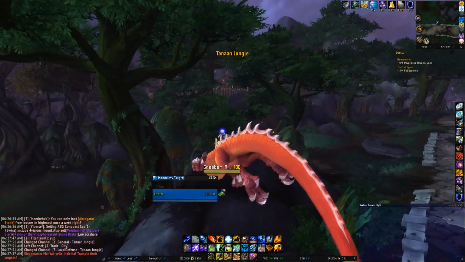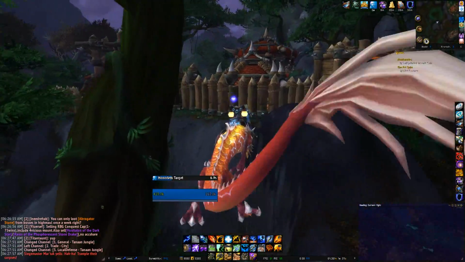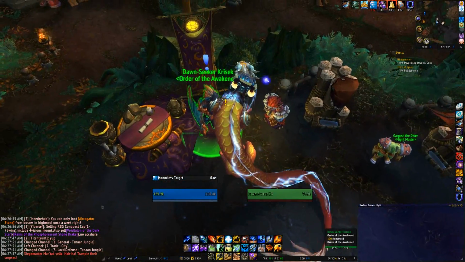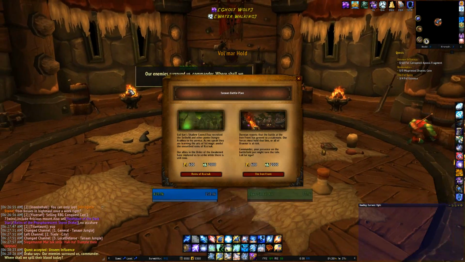First, I have to go to the base to pick up my dailies, and there I'll be finding a bunch of NPCs that will give me the things that I want. So I will be going to the blue exclamation point, picking up one daily and the second one,